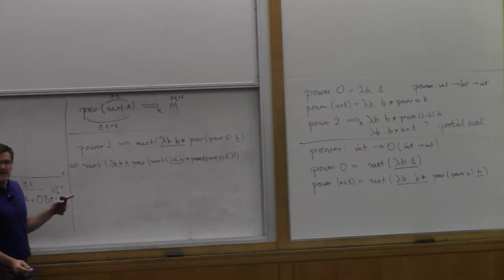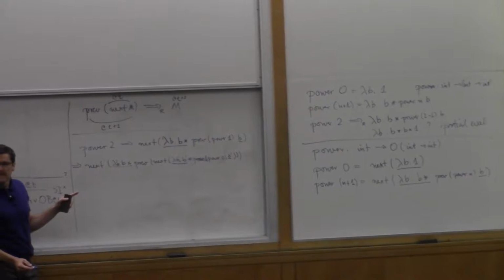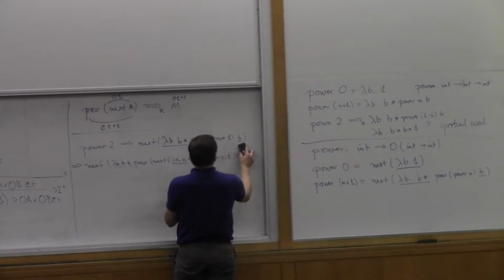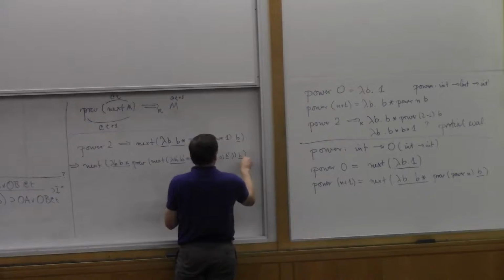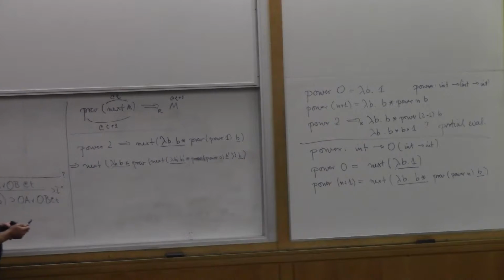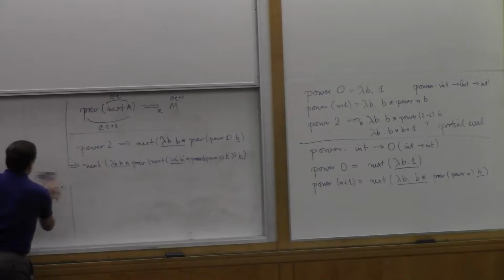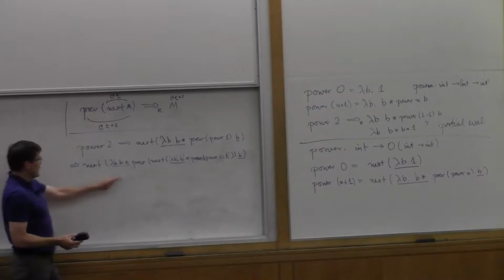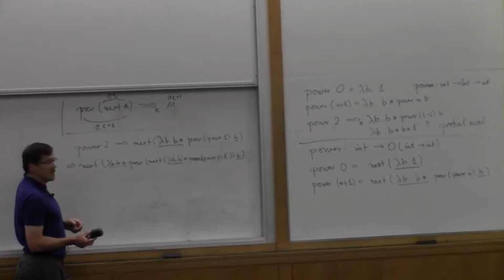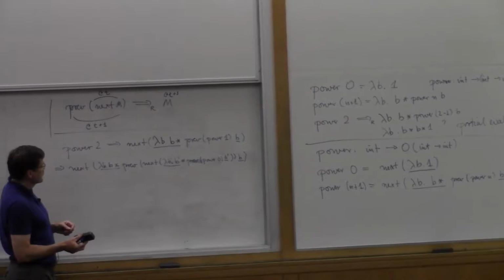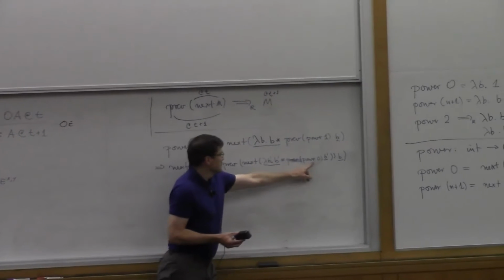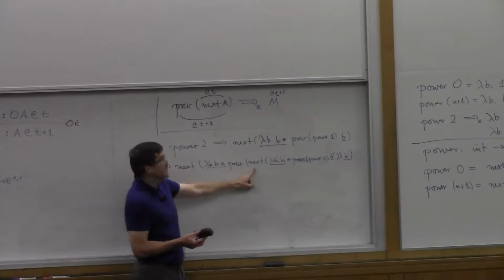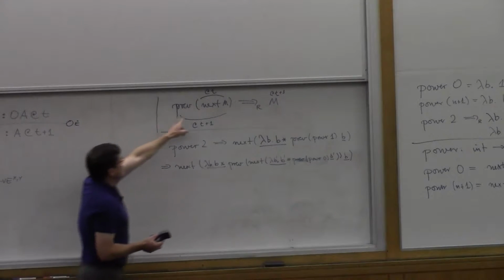Everybody with me? Did I do the right substitution here? Where? Like here somewhere? B, and that's underlined, right? I'll try to write larger. So now, what can I reduce next? At time 0? I can do that. There's another place where I can reduce. I have prev applied to next, right? Prev applied to next reduces to m.